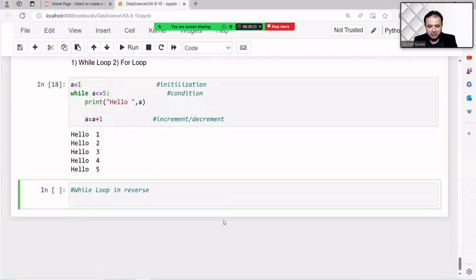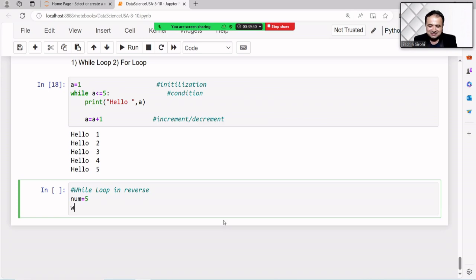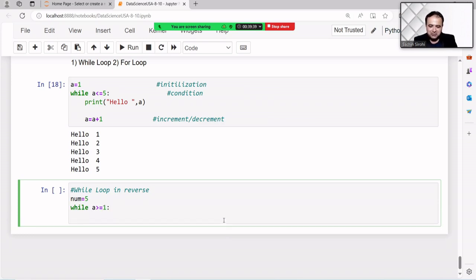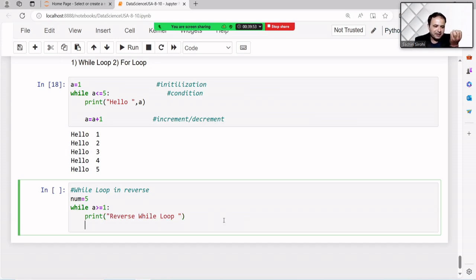I want to explain all these things. I want to decrement one by one, like a reverse while loop, to decrease the value one by one.